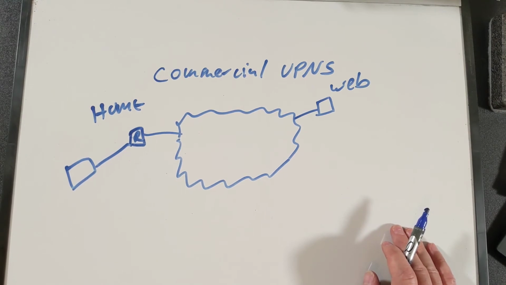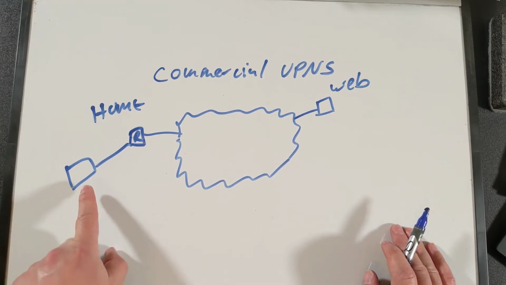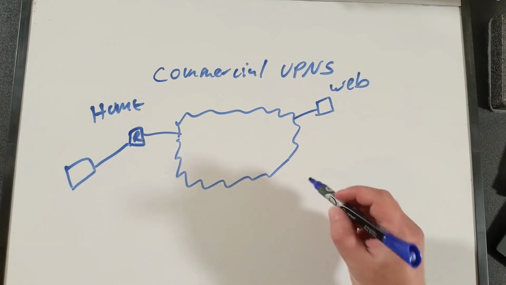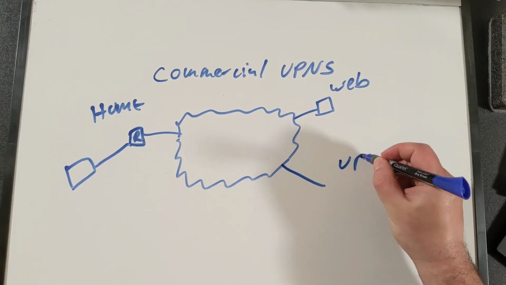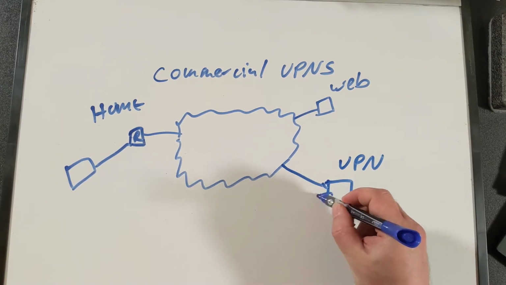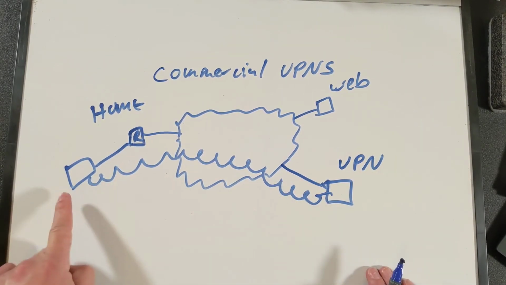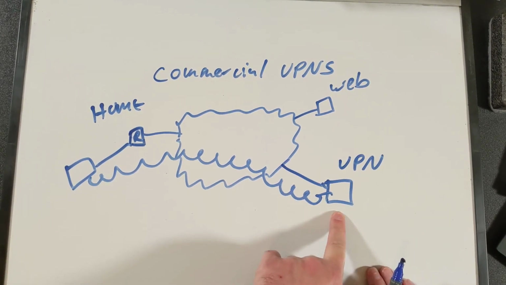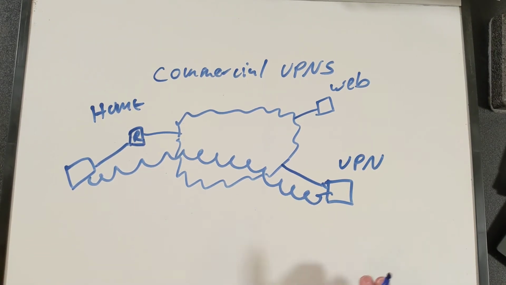And what a commercial VPN does is says that instead of being on your private network produced by your home router, they're going to go ahead and give you access to this VPN server. And this VPN server is going to create an encrypted tunnel through the internet from your personal machine to this VPN server run by the commercial VPN company. And so now you're going to send all your internet traffic through the tunnel.